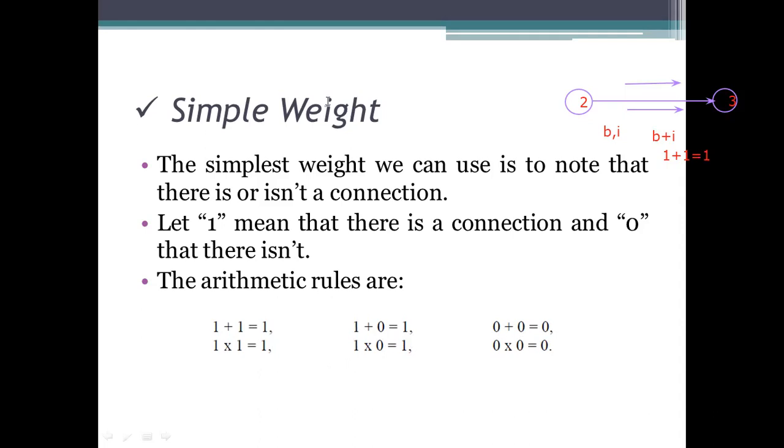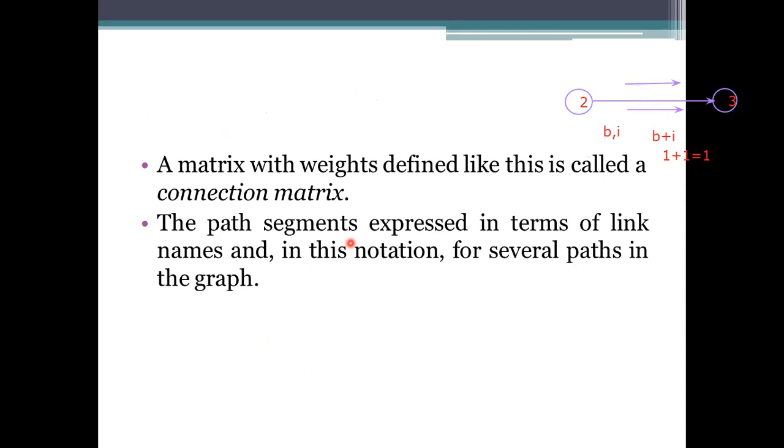And coming to the other formation here, the connections that we are representing with ones and zeros, the matrix we have defined here, will be named a connection matrix. It means we are specifying that there is a connection between these two vertices or these two nodes. So the matrix we are using with the weights, which has been replaced by the ones and zeros, is specified as a connection matrix. And if you want to specify the path segment also, the path segments are taken into account by using the link names here.